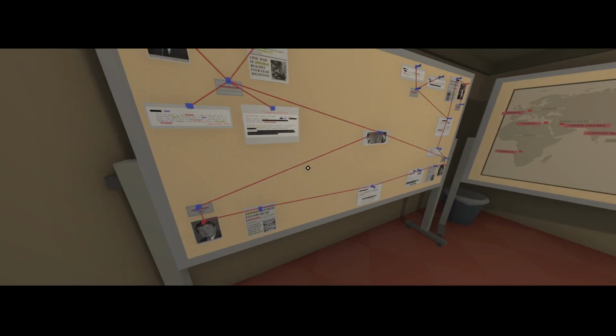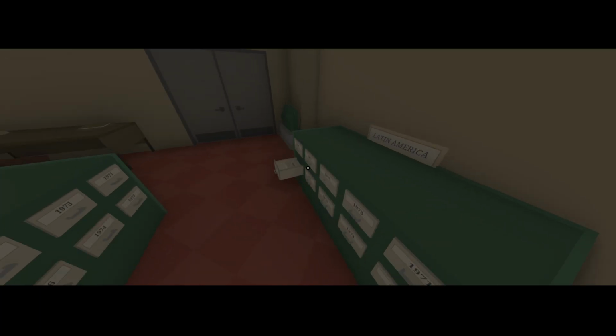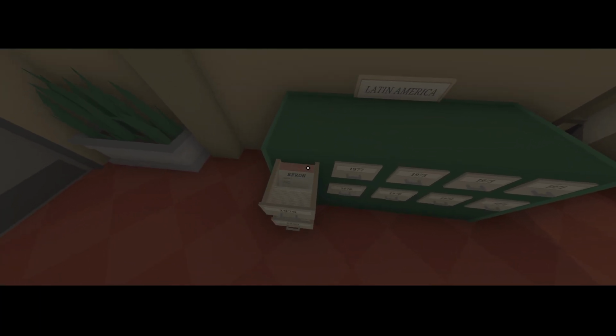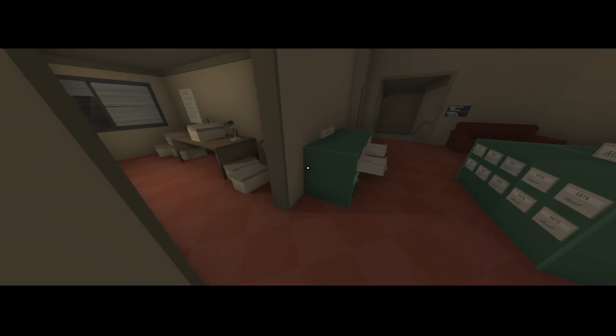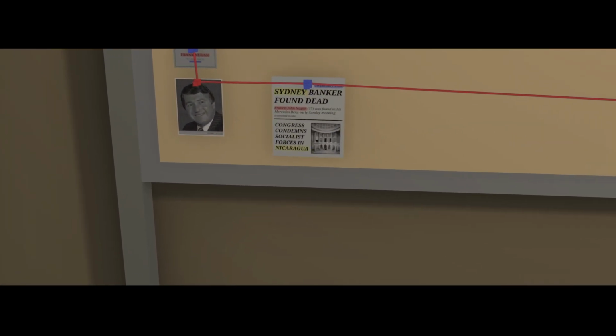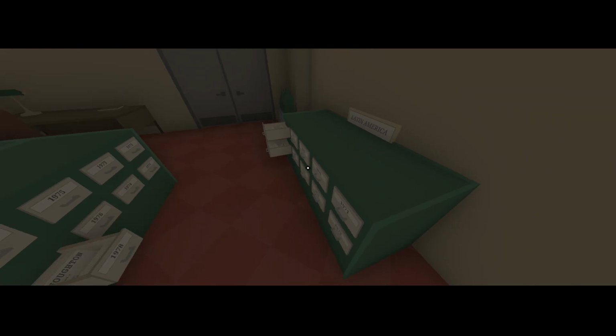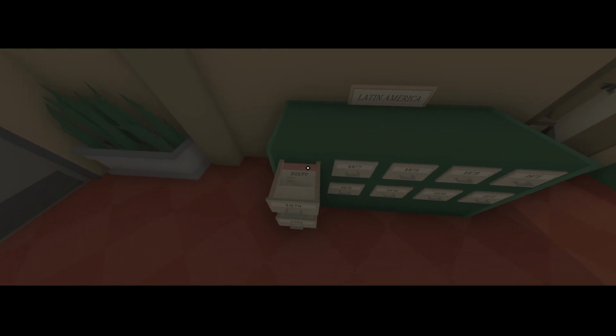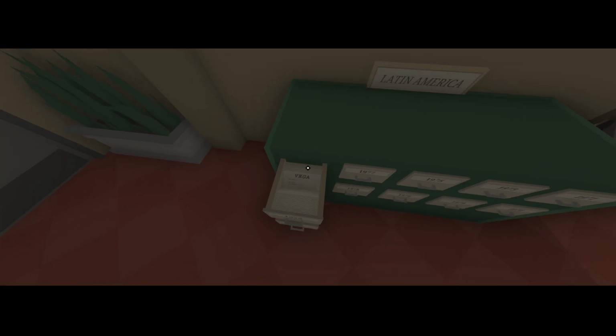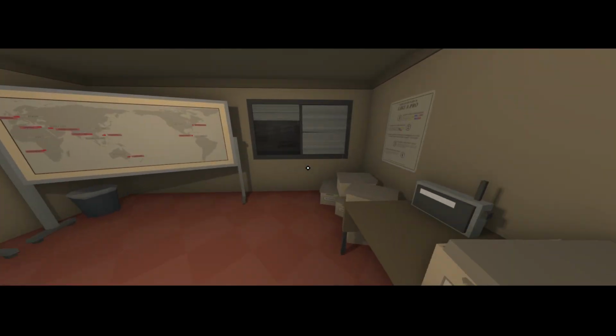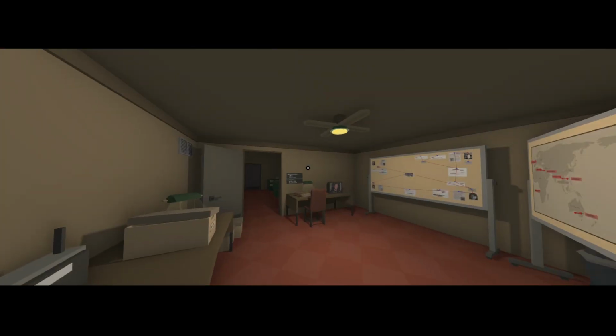Congress condemns socialist. We're gonna check 1979 because that's giving me a funny feeling right now. Lowe, Lynch, Merrill, Moss, Nieves. His name is Nugent, right? Just want to clarify that I'm not missing something. Francis John Nugent, yeah. Roy, Scott, Spence, Stewart, Thomas, Tillman, Vega. So nothing in that. I mean, I could really just flip through these files, but I'm trying to do this like an actual detective would.